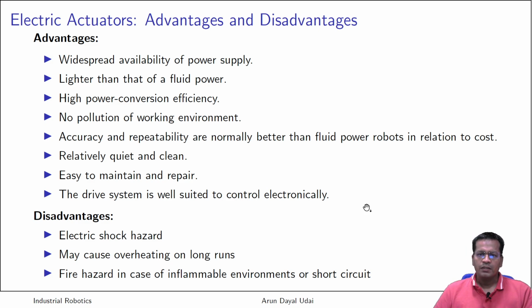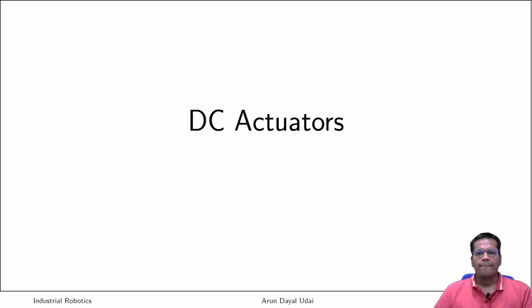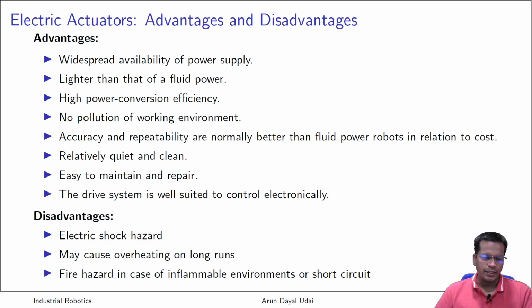Okay. Coming to the next, DC actuators. We'll stick our discussion now to DC actuators. I'll tell you, electrical actuators are more popular, I would say. Hydraulic and pneumatic actuators are not that popular, but that is not to say they are unused. If it is a huge powered robot, you can use hydraulic actuators also, like in the case of the Stewart platform, which is controlling a huge telescope or maybe simulators, they use it, yes.